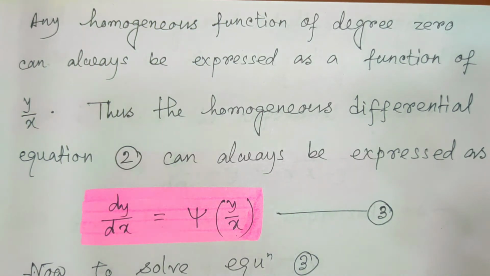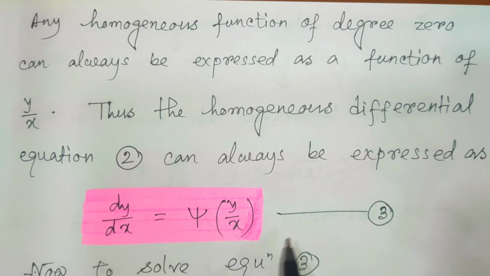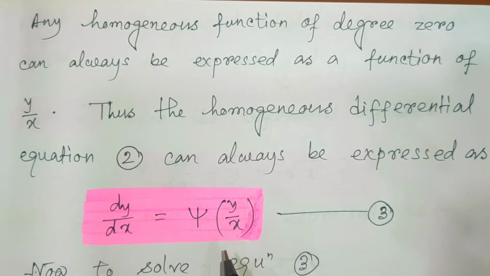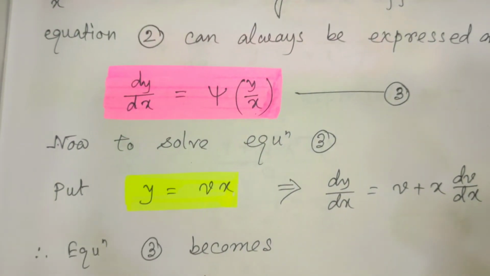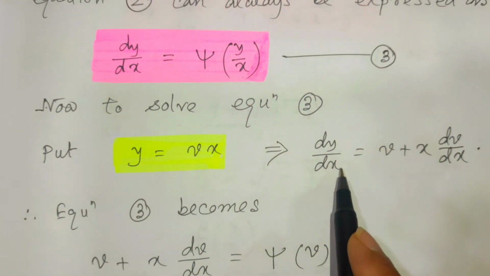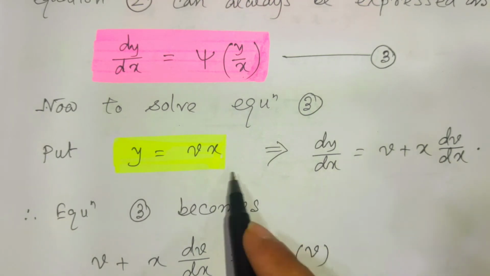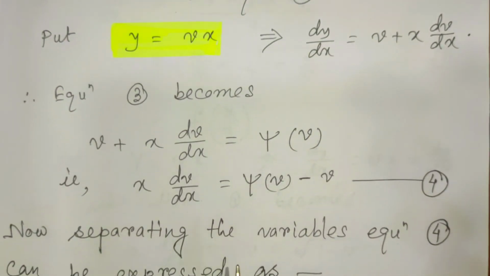If you remember, in the previous video we solved such types of equations by the reducing to separable variables method. If not, you can check the previous video on equations reducible to the separation of variable form, where you will find this. Anyway, I am solving a few questions from here also, but before that, let me tell you this. If we put y is equal to vx and dy by dx is equal to this, then after substitution of these two, the equation becomes this way.